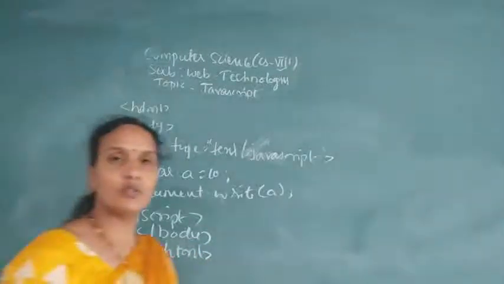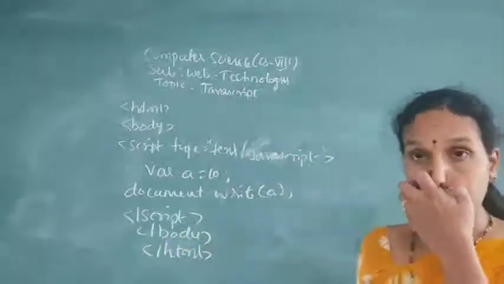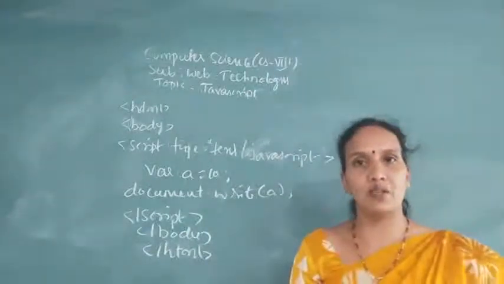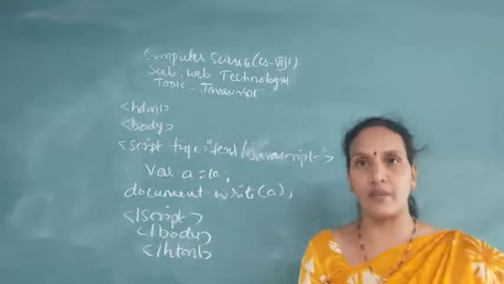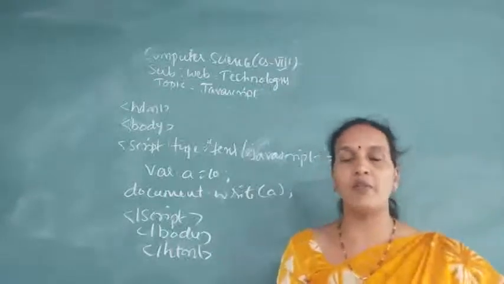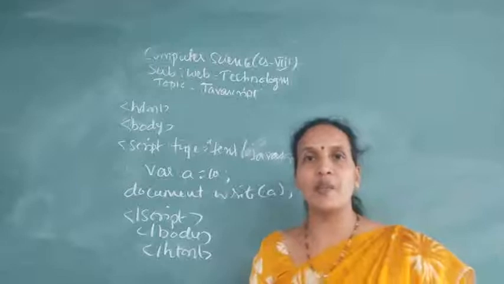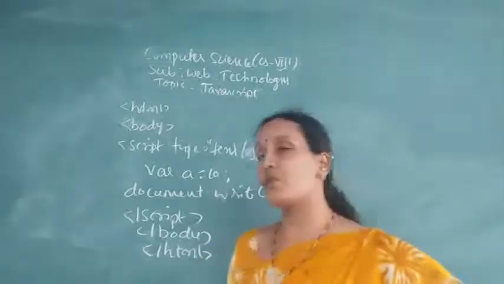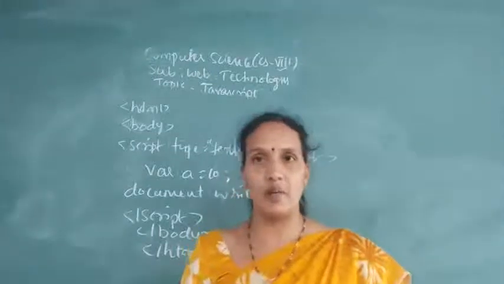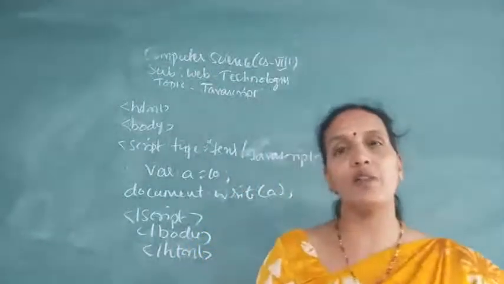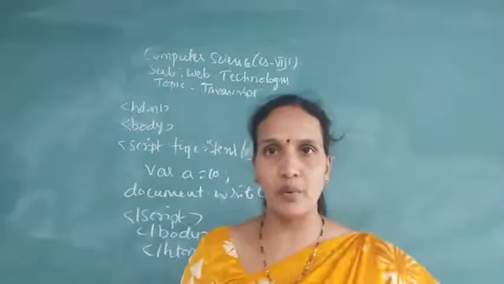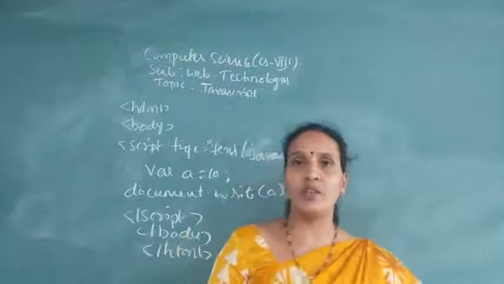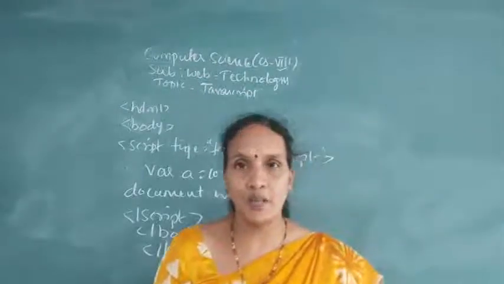So this is about your JavaScript variables. What are variables? Variables are storage units which are used to store some value when you are doing the program. Example, if you want to calculate C equals A plus B, the A value and B value should be there inside the system. So if you want to store anything inside the system, then we need a variable. But when you are declaring a variable, you need to follow some rules. A variable should not start with a digit, a variable name should not be a keyword, and it should not have any special symbols.